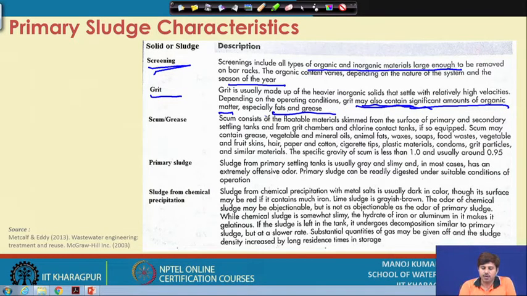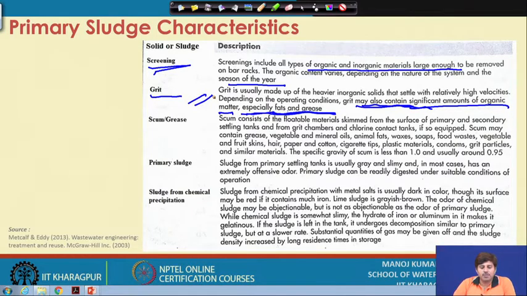If there are large clumps of grease, they can probably be settled, but the majority of the fats or oils and those kinds of things are lighter than the water, so they do not settle in the grit chamber. So, very little composition could be of this, but the majority will be inert grit materials.